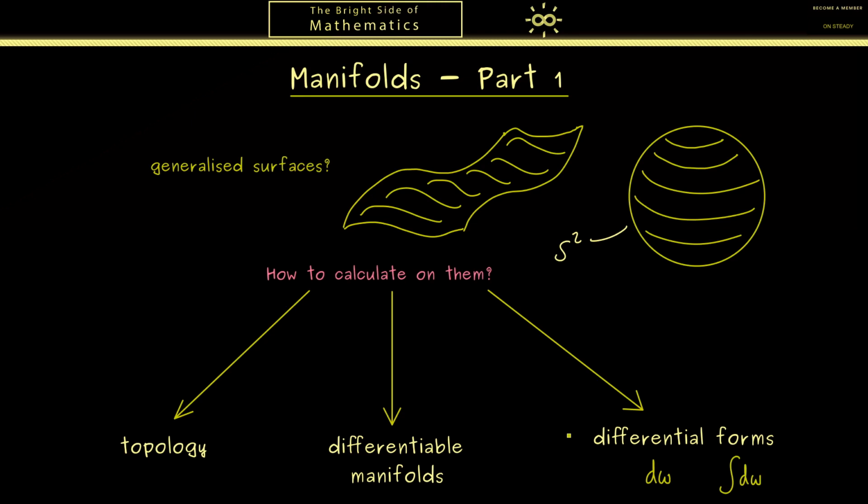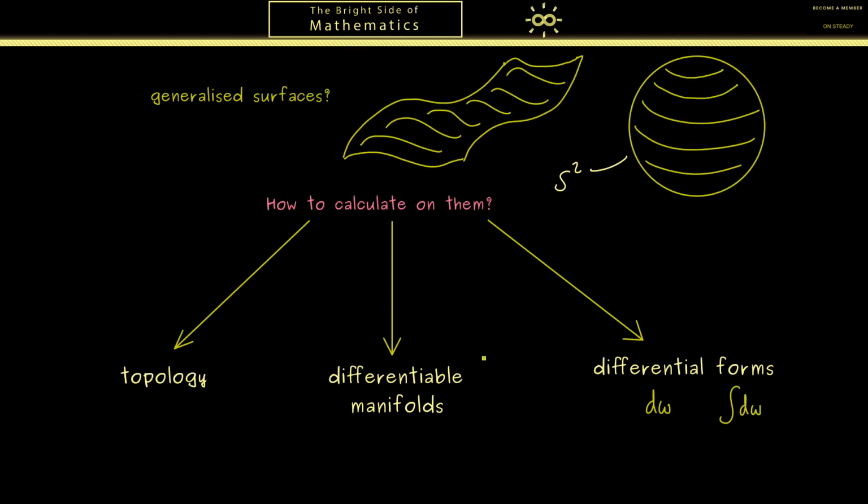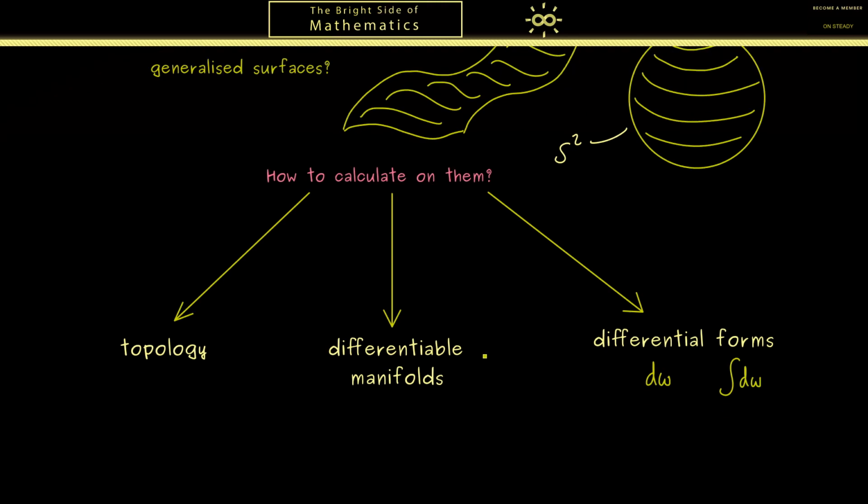Okay, now the overall goal I have in mind for this course here is that we will reach the generalized Stokes' theorem. Indeed, this theorem will nicely form a connection between a manifold and its boundary by using differential forms. So, this is the overview of the course, and I think we are ready to start with the first part